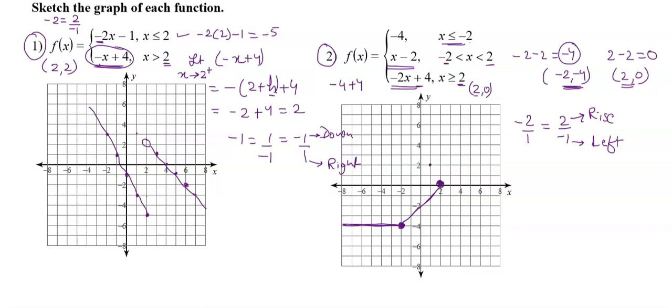Okay. And that has to be true when x is greater than 2. So we don't have to go on the left side of 2. We have to be on the right side of 2. Okay. So we should not rise. We should follow this one because that says go 2 down and 1 right. So we'll go 2 down and 1 right. Again 2 down and 1 right. Again 2 down and 1 right. So this is how the graph looks like.